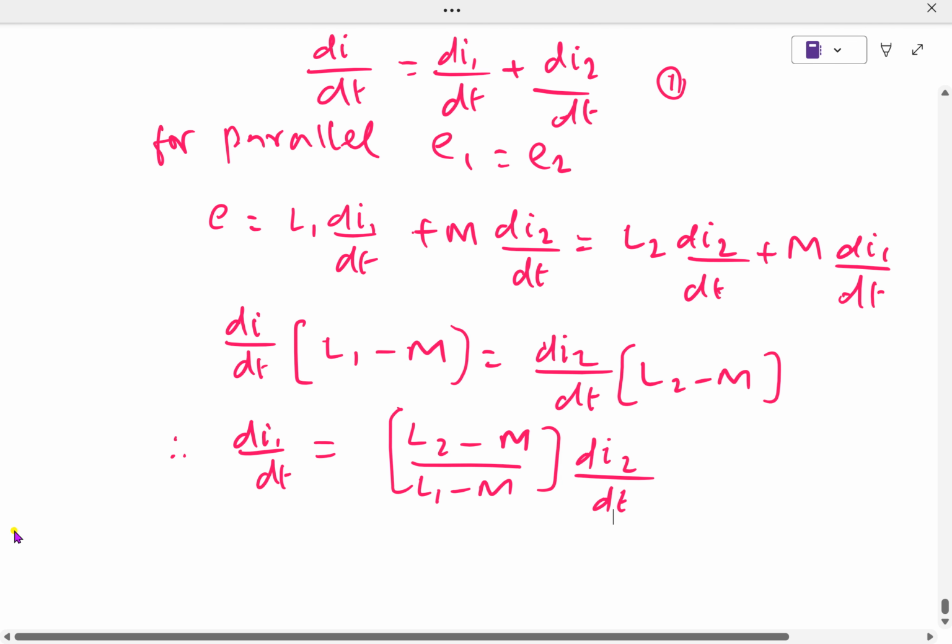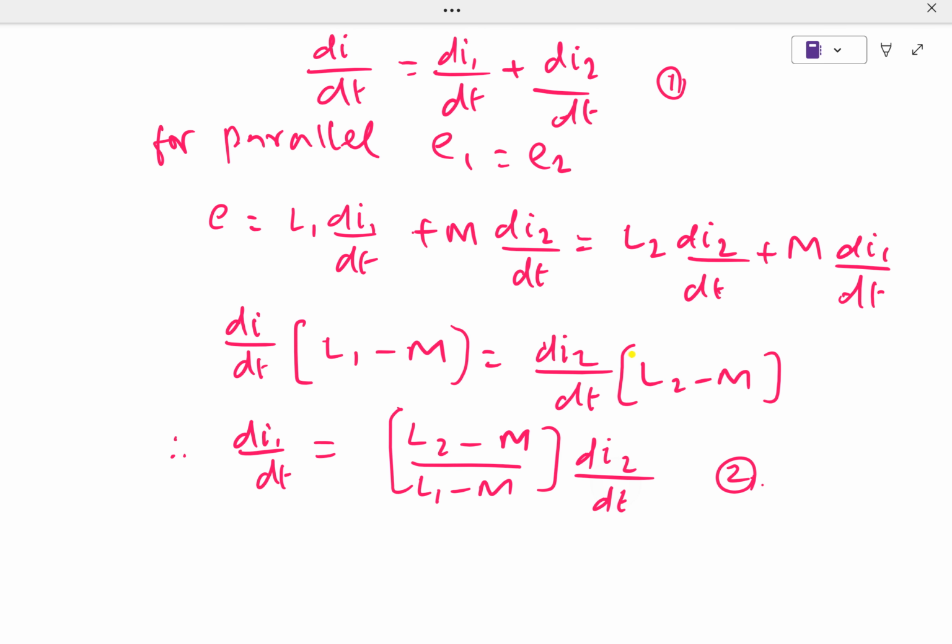That means, from rearranging this, let this be 2. Hence, from 1,